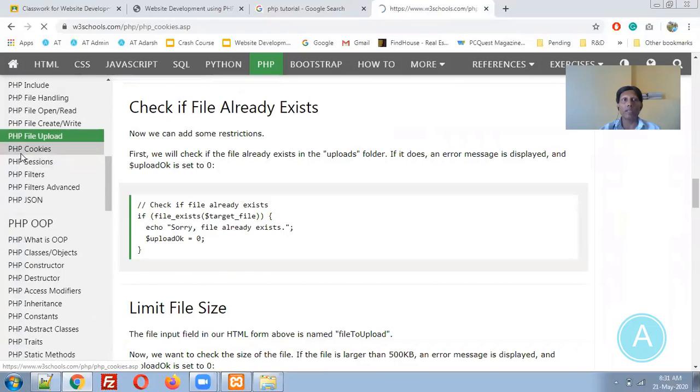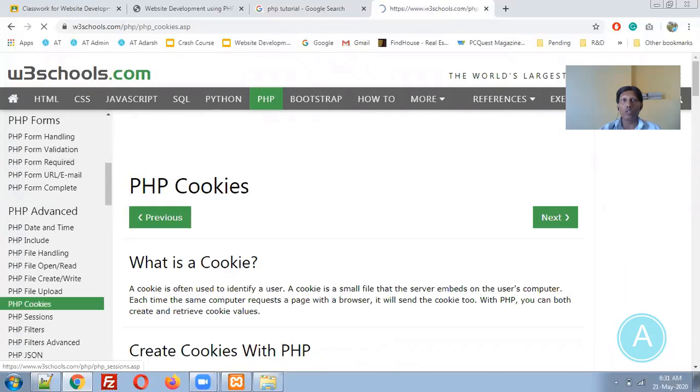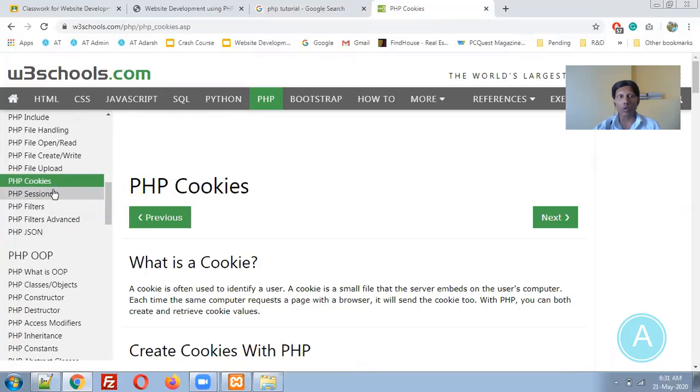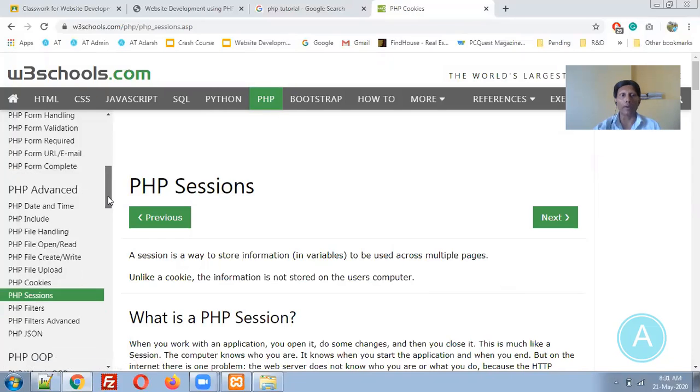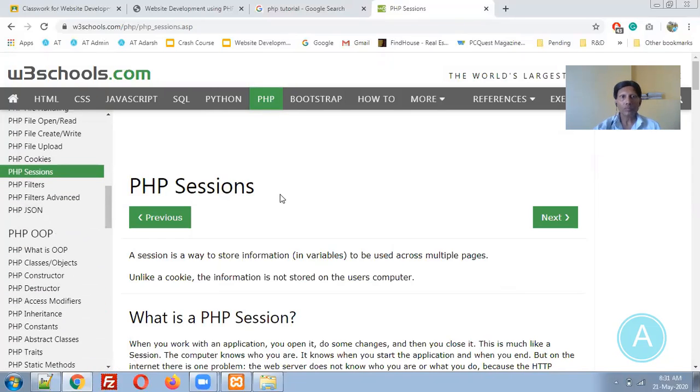Then cookie management is there. Where exactly is a cookie used? A cookie is used to store some data at the client end, at the browser level. Suppose you would like to store user preferences, like which page the user has opened, which query string the user has searched, everything you would like to store, then we can use a cookie. But this is at the client end, so it is not secure. A session is created at the server end, so it is a secure one. Whenever we are logging in to particular websites, sessions come into the picture.